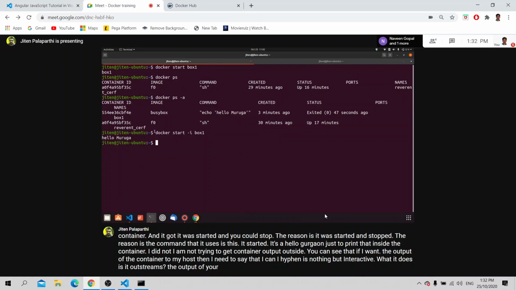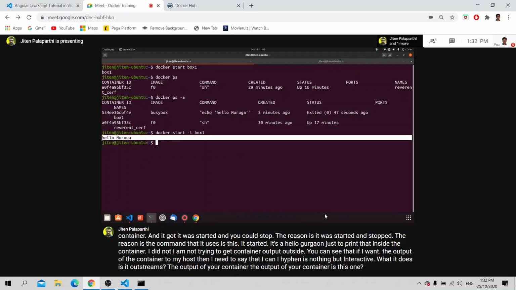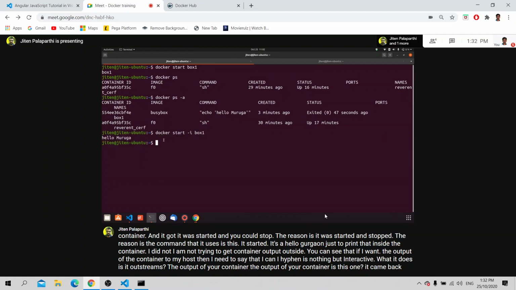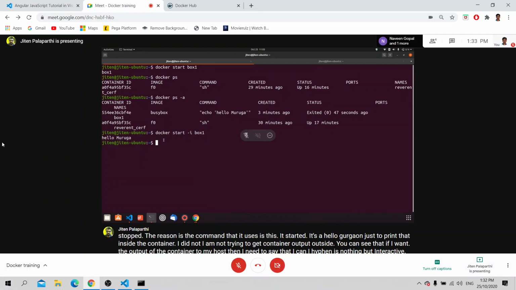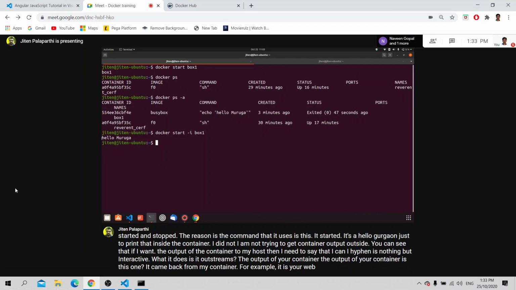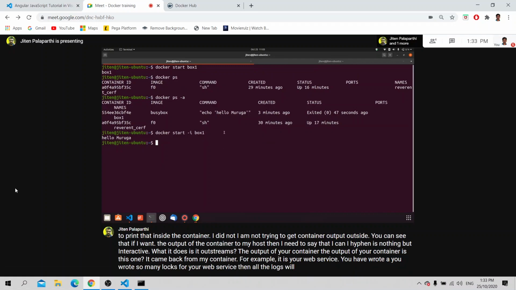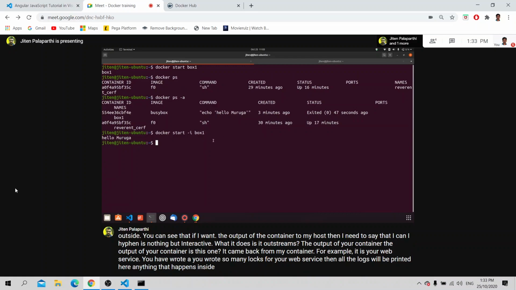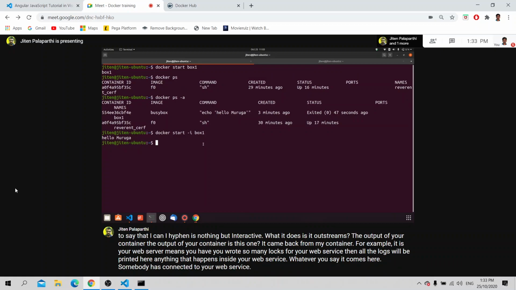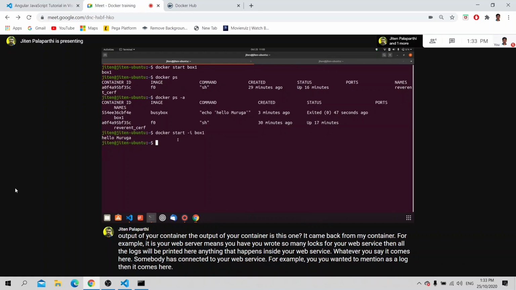The output of your container is this one; it came back from my container. For example, if it is your web service and you wrote many logs for it, all the logs will be printed here. Anything that happens inside your web service, whatever you log, comes here. Docker has a logging system as well.